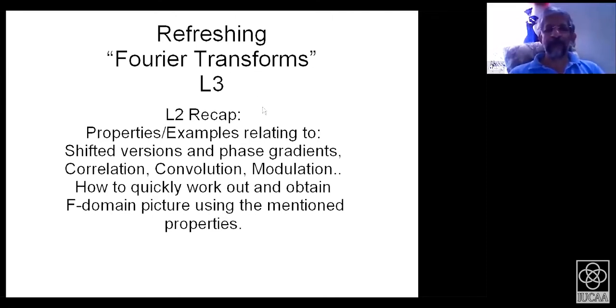This is a brief recap of what we talked about last time. We looked at certain properties and examples relating to when a function is shifted along its coordinate, what it amounts to in the Fourier domain, namely a phase gradient without changing the amplitude spectrum. We also looked at correlation, convolution, modulation at some level. More importantly, we spent some time last time on how one can use minimal knowledge to begin with and figure out the Fourier domain picture with certain ease, based on certain specific functions